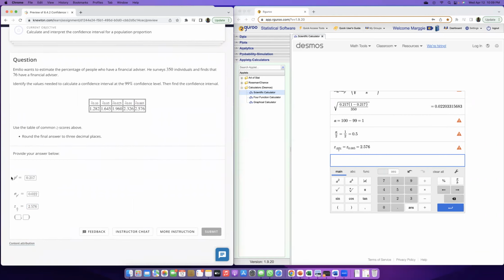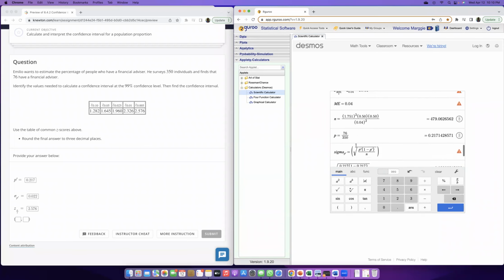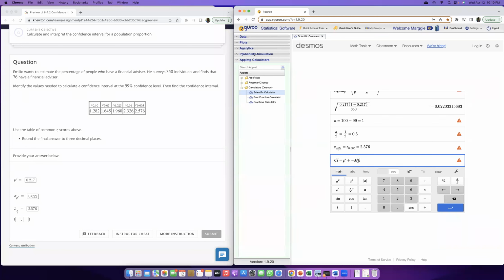And so now with this, we need to find the confidence interval. Okay, so the confidence interval is going to be equal to your estimate plus minus. We need to do plus and minus to go to the right and to the left. The margin of error, all right? And so we know who's the margin of error, and we know how to calculate the margin of error, and we know what is P, so we just need